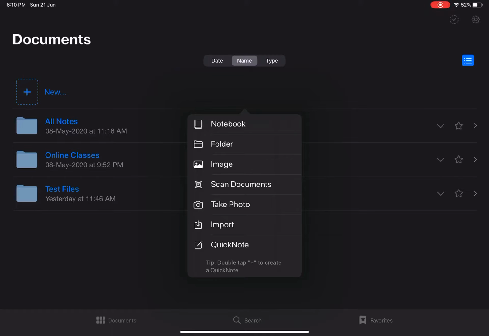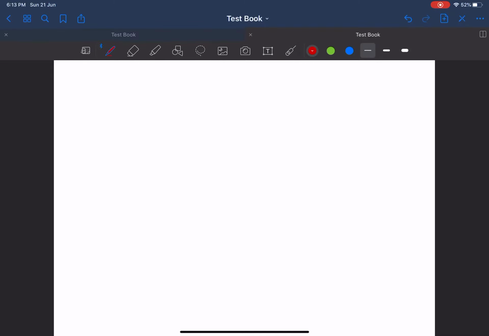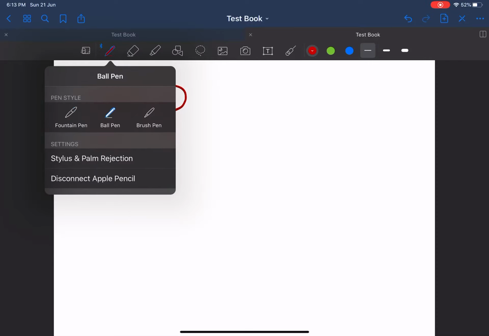Then you can go with the ball pen, which will be a little bit darker. Then your brush pen. In your brush you will find maybe cursive or different kinds of stylish words, whatever you want to write, you can write there. Okay, now let's see. Maybe I'm just writing something, A, B, C, D. You'll find the difference between the fountain pen and the brush. If you use the brush, it will be a little bit simple, right? And with the ball pen, let's see.